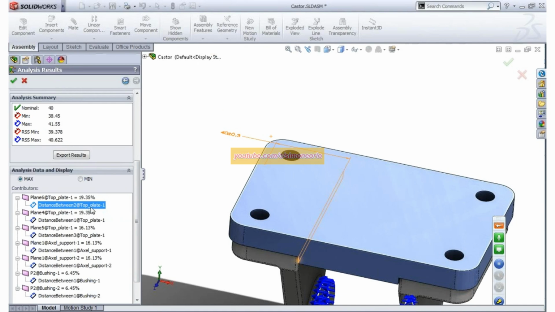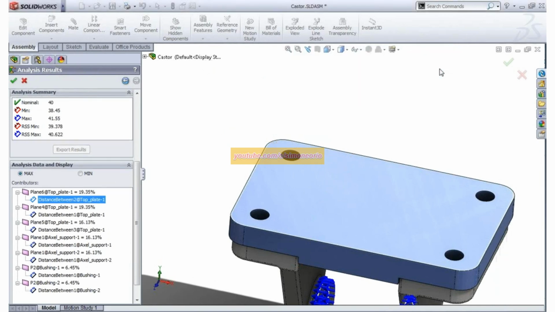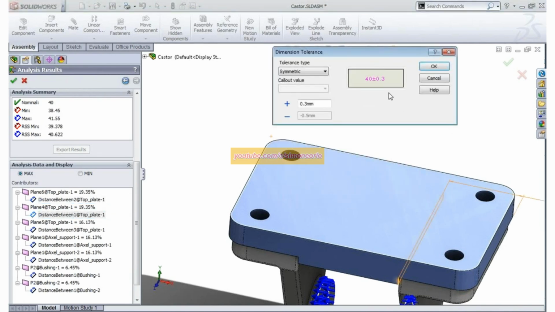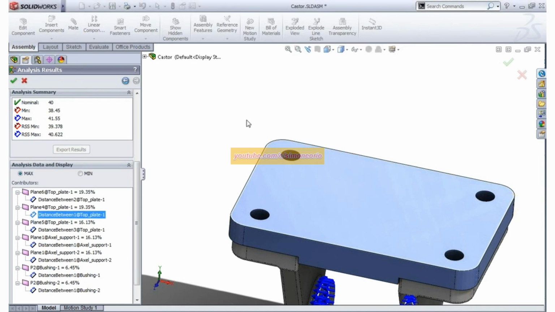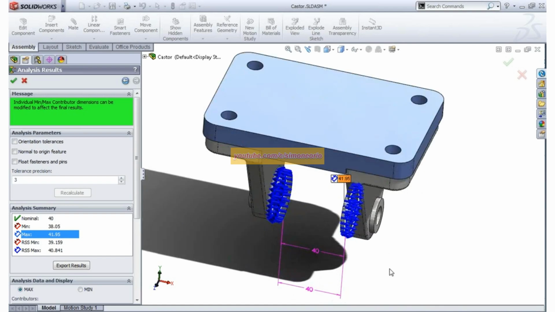Now this is where it's really cool. I can double click that. It brings me to the actual part's tolerance dimension. And maybe I can open that up, make it half a millimeter instead of 0.3, because my worst case isn't that bad. Now that updated, did it update the other cut too, if they're linked? If you had, you just update each side. And now hit the recalculate button and see what that gives you. Now we're at 38.05, 41.95. So if we had that much room to play with, we'd be okay.